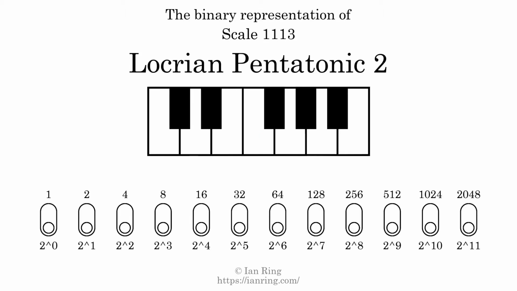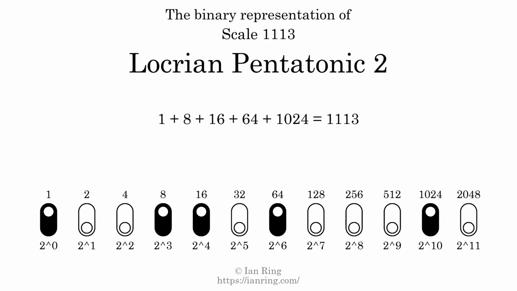The binary representation of this scale is determined by mapping tones of the scale to binary digits. Each binary digit represents a power of 2. To get the scale number, we add the powers of 2 together. The powers of 2 that are present in the scale, all added together, equals 1113. That is why the scale number, in decimal, is